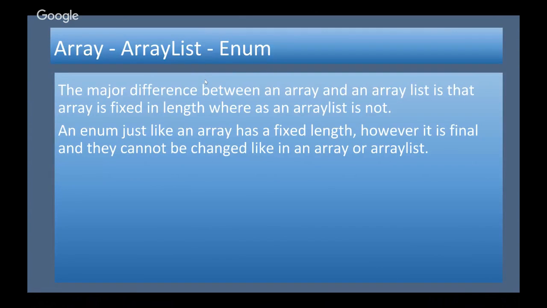And then we have our array, array list, and enum. An array and enum are similar in the sense that they are both fixed in length. You can't add to or remove from it. The difference between them, though, is that an enum is final. Once it's put in there, it's done. There's nothing else that can change about it. In an array, you can change things. You can't add to or delete from it, but you can change the